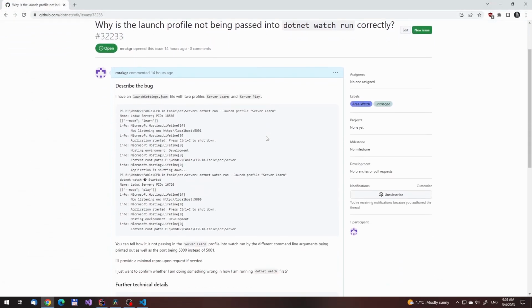Yesterday we stumbled upon a very unexpected bug in .NET Watch Run, so before we can start today we need to cover it here. At first we thought that this is a bug in the fake library, but then we tried passing the second launch profile into .NET Watch Run, that is server learn, and realized it was being replaced